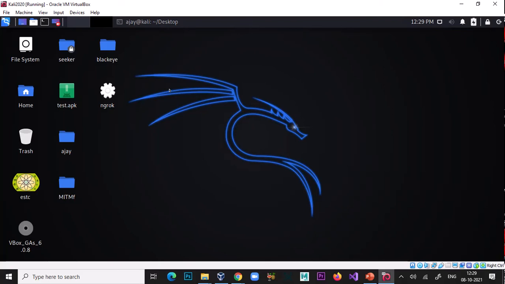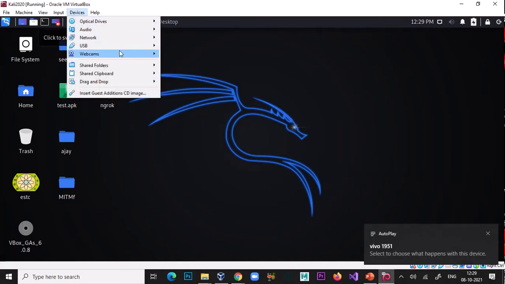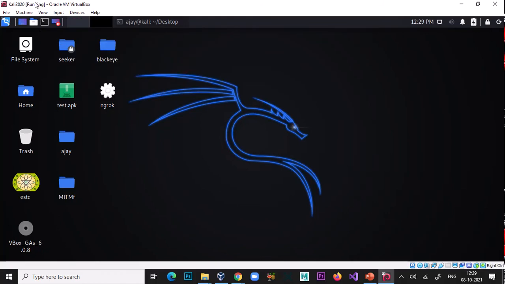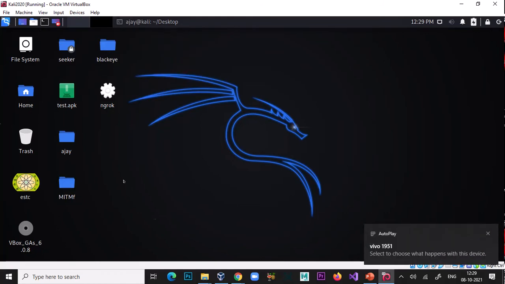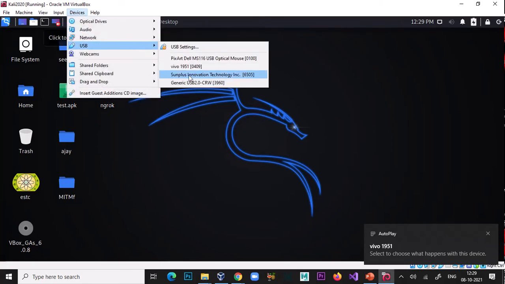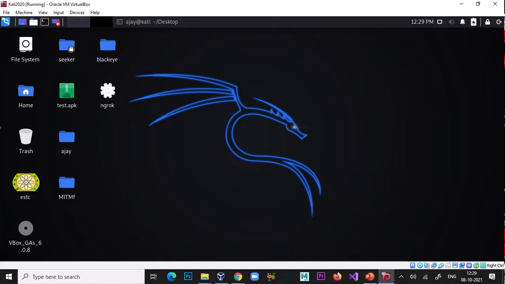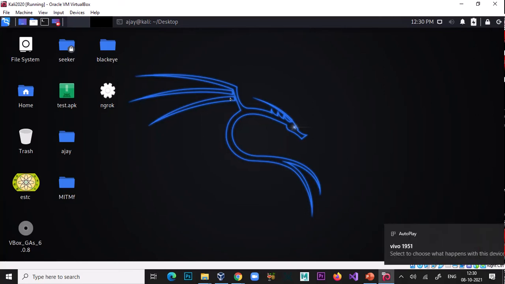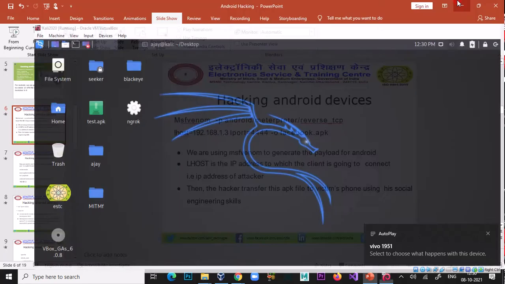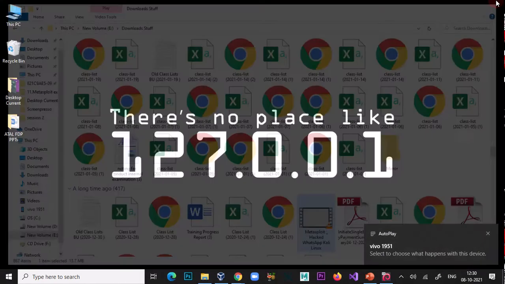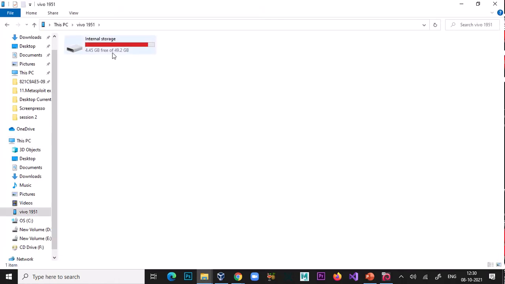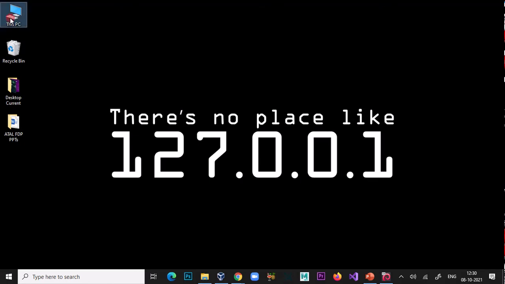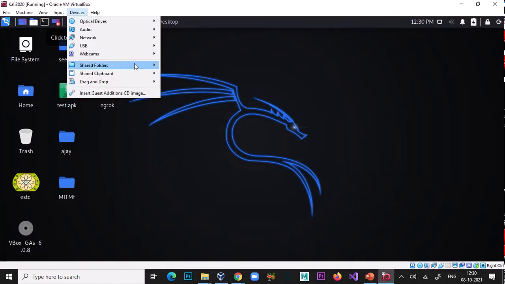Now I plugged in my personal phone. You can see this is the phone. Now just go to my Kali Linux machine.